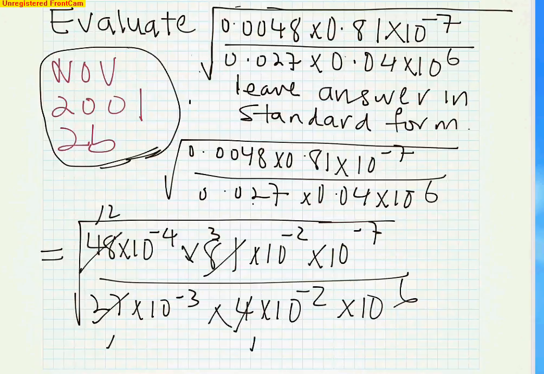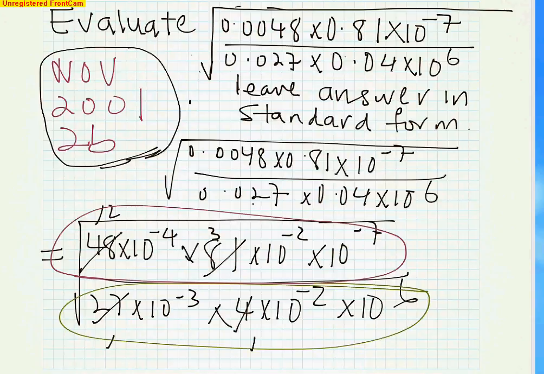So what I'm going to do now is look at the top one. Let me change the color here. I'm going to look at the top one and express it first, and then I'll come back and look at the bottom one and express it separately. If I look at the top, what is happening here? I have 12 here, I have 3 here. Those are just numbers. So that will give me 12 times 3, that will give me 36 times